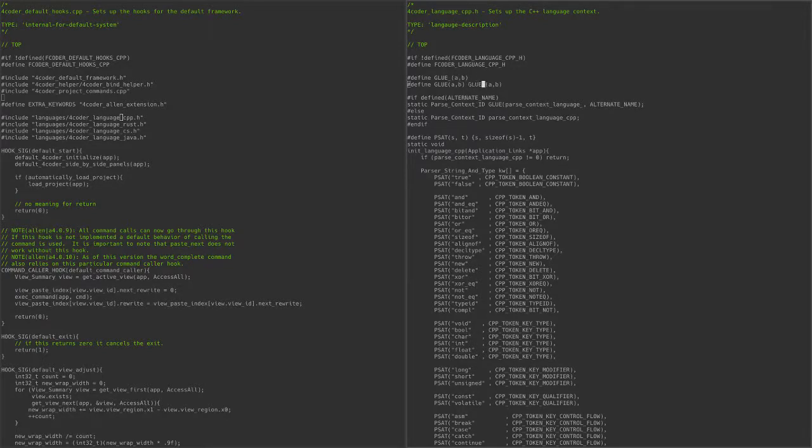If you just glue these right here, it would actually do parse context language underscore and then this string. It would literally be this, right? And so you actually want it to expand this macro first. So you pass it through one more layer, and that forces it to expand the macro, and then you can do that, right? So if you did something like this, you could then maybe make multiple C++ contexts with different